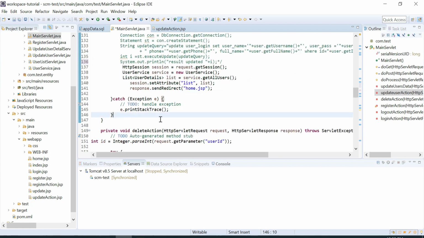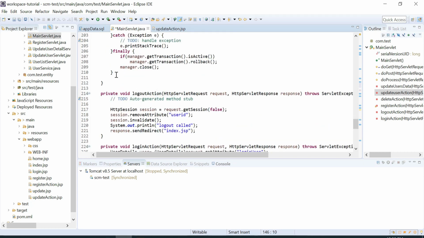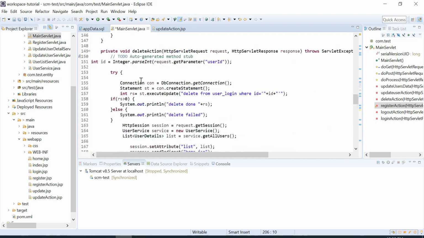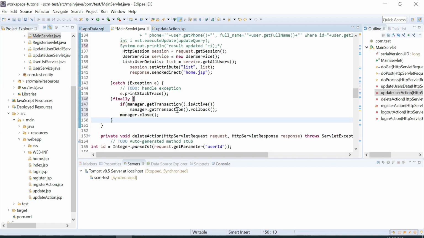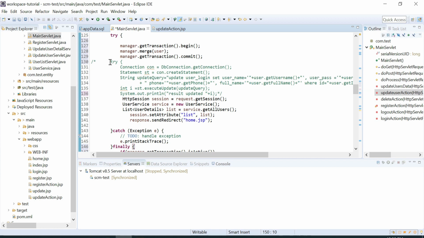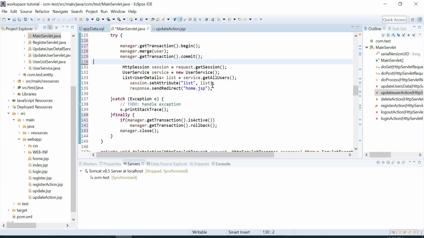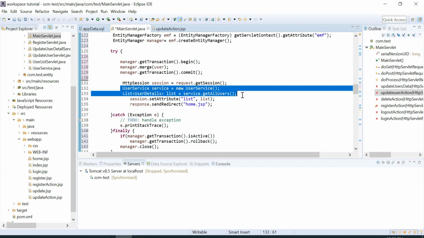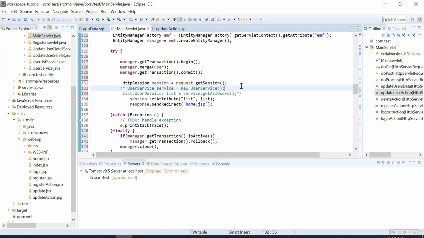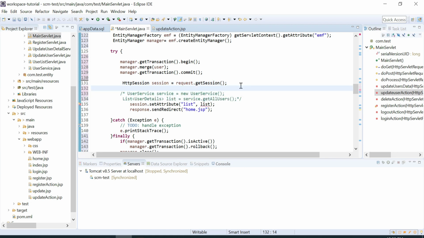Again, the same we can do. Finally, I'll just copy this. Let me remove this entire code. This is commented, and again it will confuse, and the remaining things will remain the same. This get list of users also we will do by JPA. Let's remove this line of code. How can we do it here?